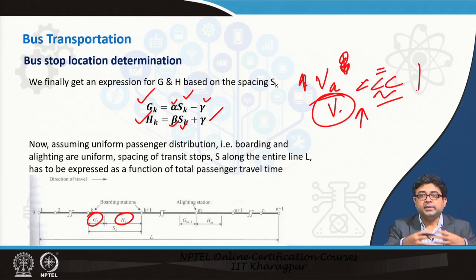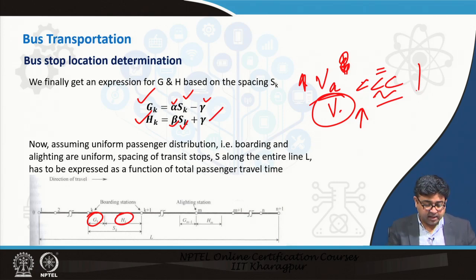So, if the access speed increases, that is why people want more feeder buses or feeder systems, auto rickshaws, to provide access. That will increase the speed of the people accessing the station, and by that you can sometimes remove a station on a transit line, which will then increase the speed and reduce the travel time on the line.